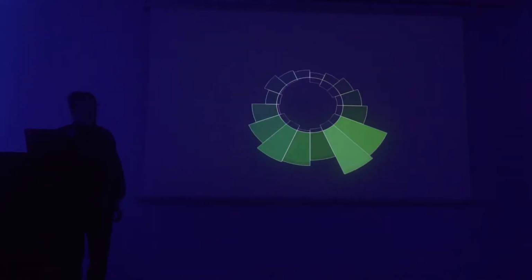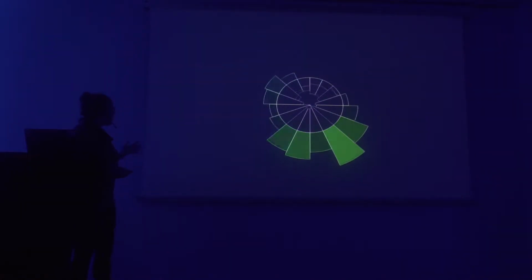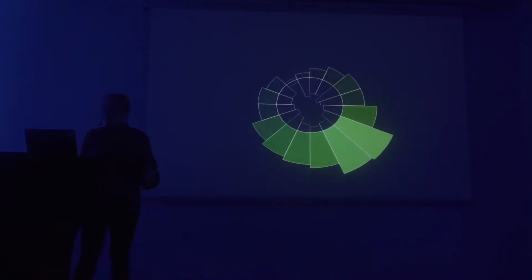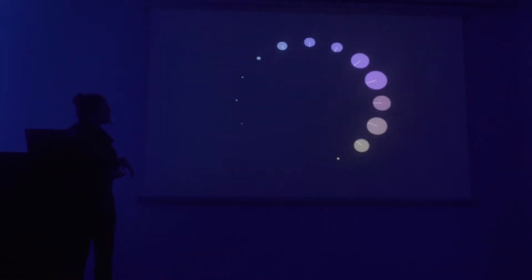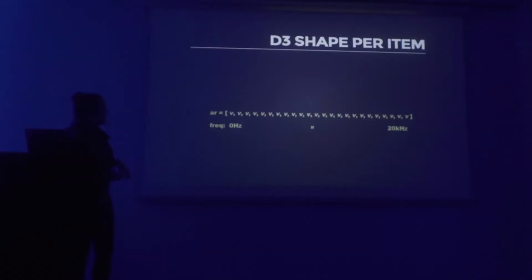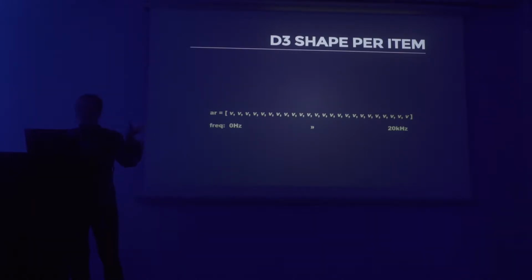And I can start to do things like this simple sunburst, just picking up on my voice and moving around. It's very simple, but it already is performing better and it looks cleaner because now we're drawing SVGs. Same thing, there's quite a few examples of these. This one's just moving around. This one is reimagining the analyzer from earlier. So we've got circles rather than lines, and also some flowers, because I think that's quite nice. D3 very cleverly just takes every item in the array for me, and you just create a shape, hence why all the visuals are very much replicas of shapes as you draw them round or draw them into arcs and things like that.